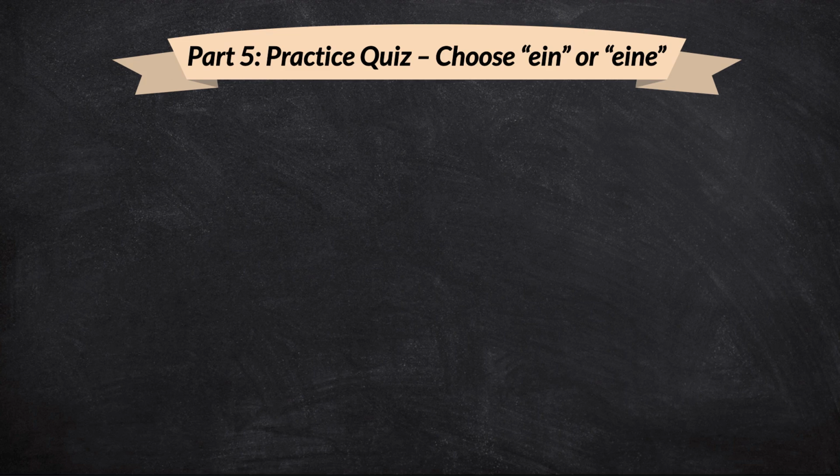In the next video, we will learn how to say no in German by using negative articles like kein and